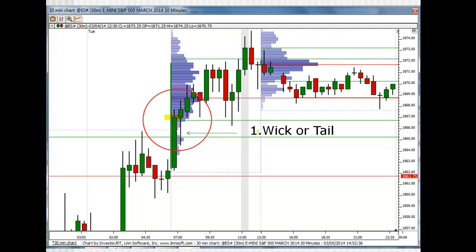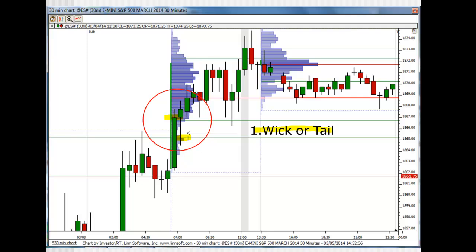The first thing that I see is a wick or tail, a long wick or tail on the candle, and notice that the tail begins right down here, and notice this volume node of a little bit higher volume, and prices shoot up, and we end up closing above the open. So what does this candle tell me? It tells me that